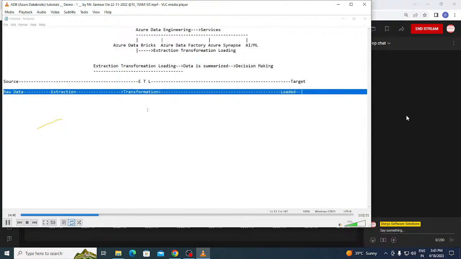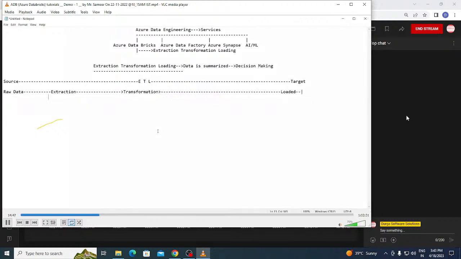Extraction, transformation, and loading is the process of picking up the required data, and transforming the data as per the requirement, and ultimately the transformed data, you will load it into the target. Okay. So guys, is it clear for everyone what ETL actually is? Yes, guys, I want an answer, please.